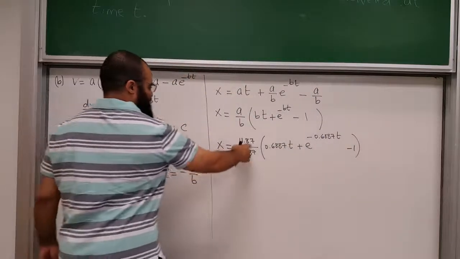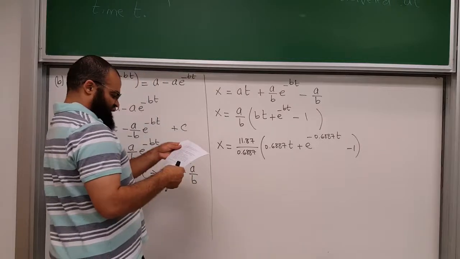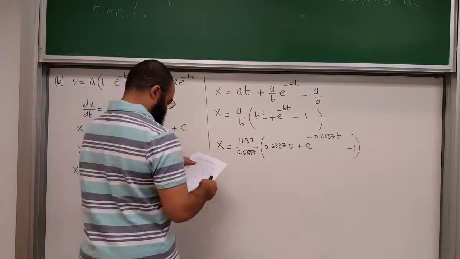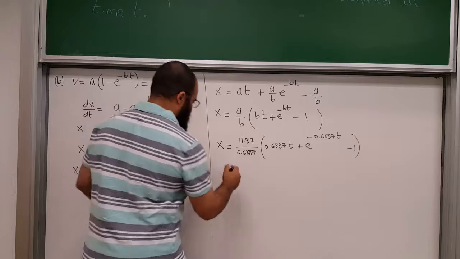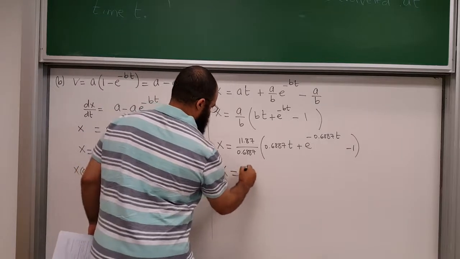Just one more step. 11.87 over 0.6887 gives me 17.15. So x is